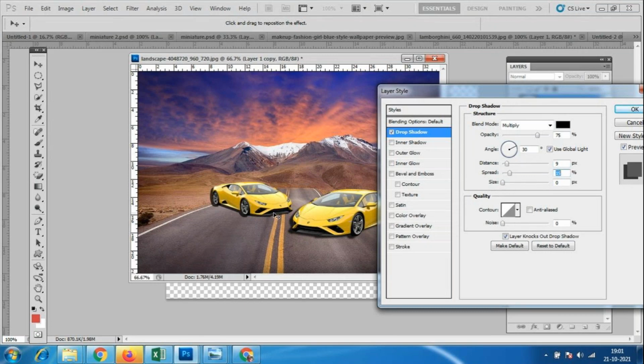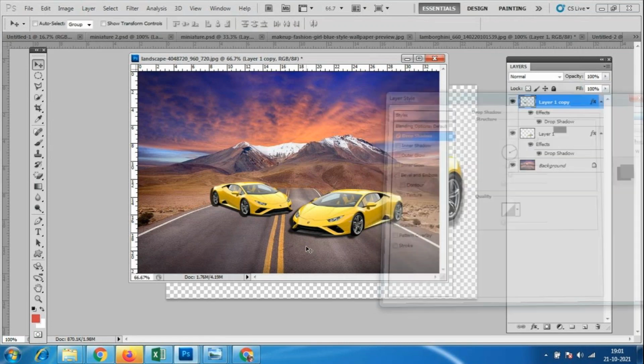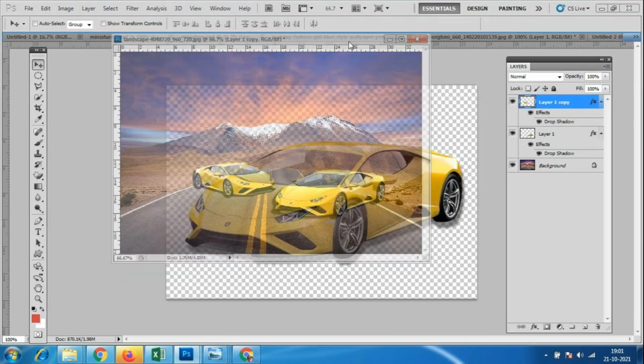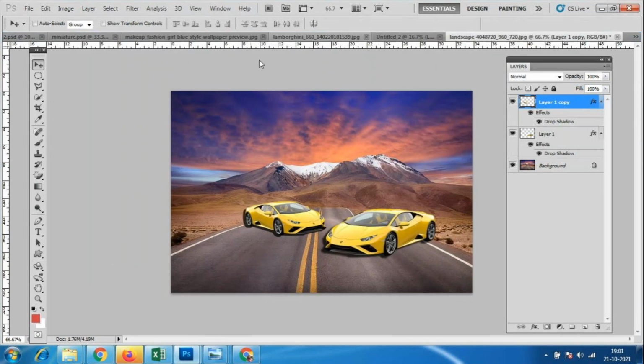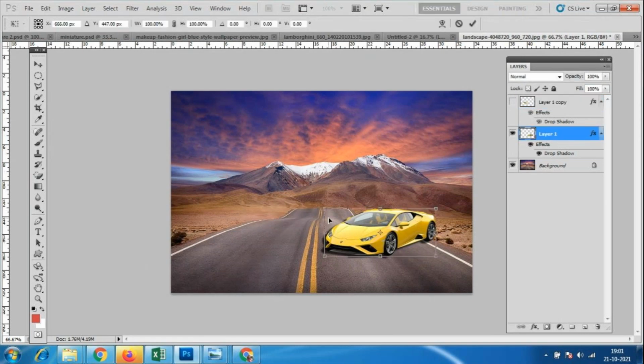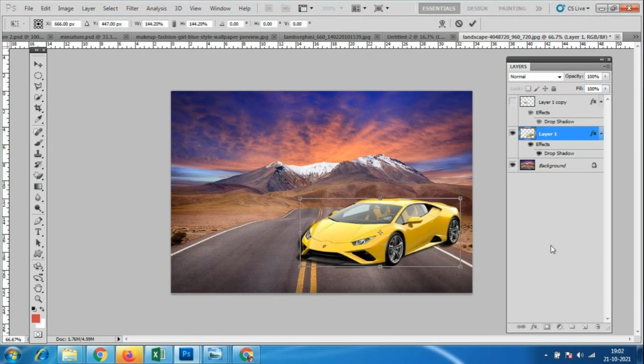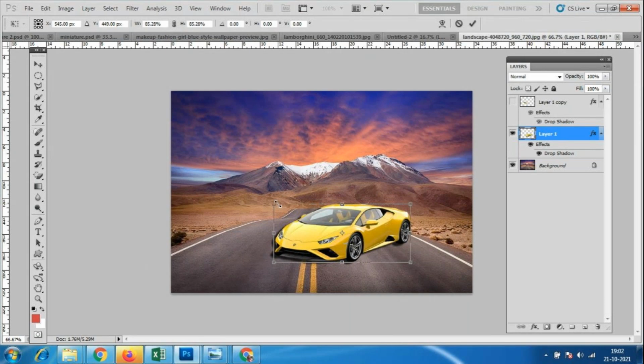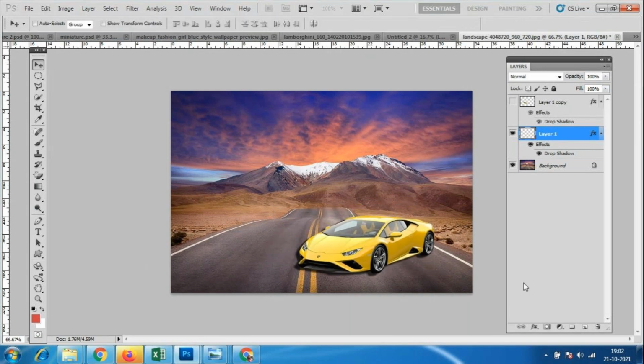Okay, so like this we can place many cars. Control T, and increase it. So any of the drawings, any of the images, we have to cut very neatly, according to the curve shapes, so we have to cut very clearly. So at that time we can use the pen tool. Okay, so pen tool is very useful always, like this, or according to the file you can place it. So using the pen tool only we can do many things.